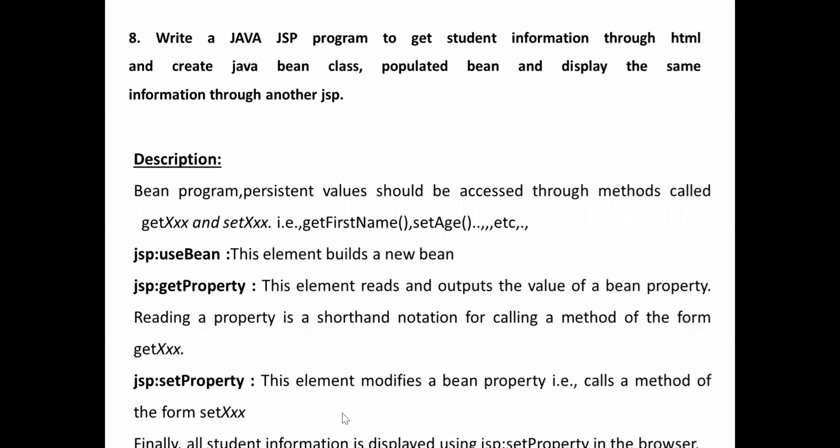Finally, we have to give the information to get the information and display it in the JSP in another browser.